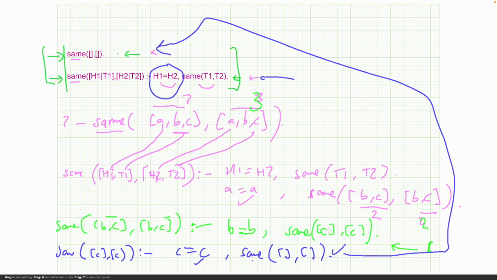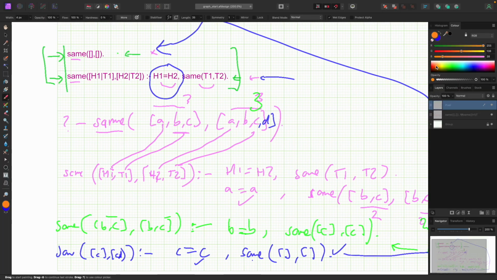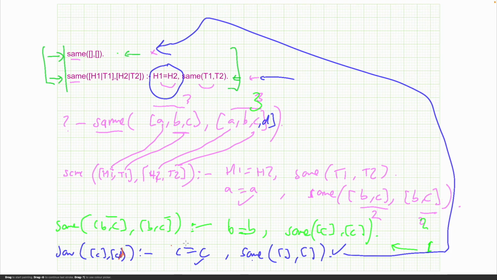So we found the stopping rule now. Phew, that was a lot of work, but you can see it's worth going through that once. What would happen if the second list was longer, had a D in it? So this would eventually work its way down to C comma D, and let's try a different color there. C comma D. So C would be the same, the heads would be the same, but then the next question